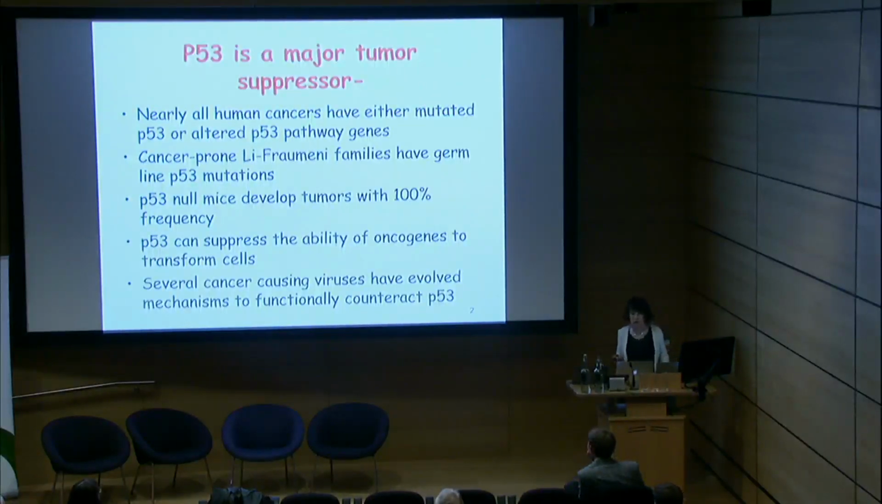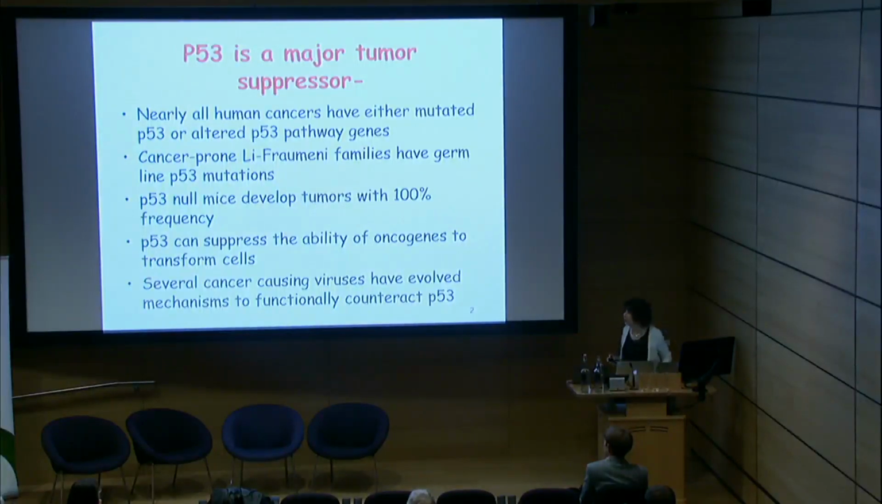Okay, so we know that P53 is a major tumor suppressor. I won't go through it very slowly. We know that it is because it's frequently mutated in human cancer. A very important component of understanding the tumor suppressive function of P53 in human cancer is the fact that there are very unfortunate families with very high predisposition of cancer, of a certain set of cancers at very young ages, that have